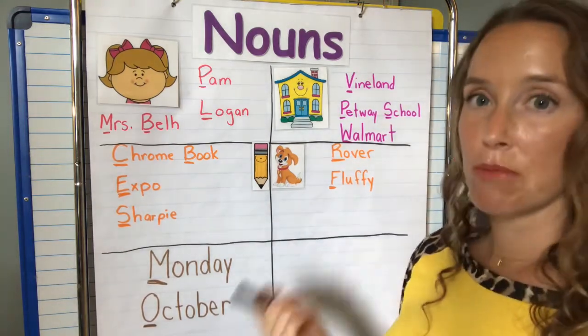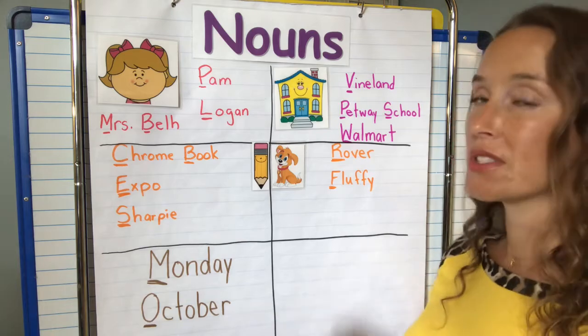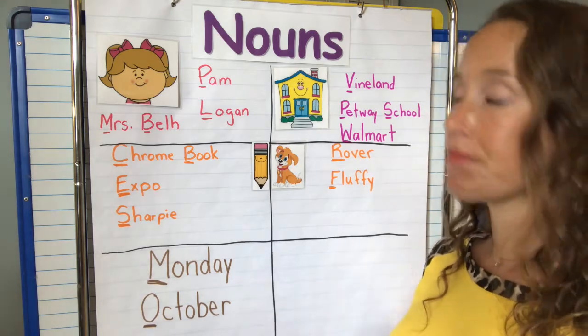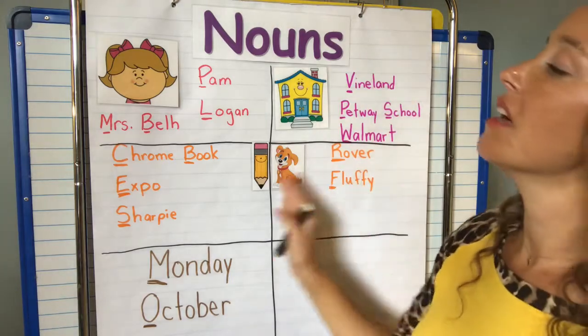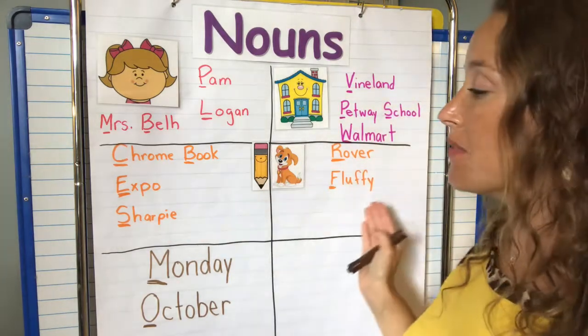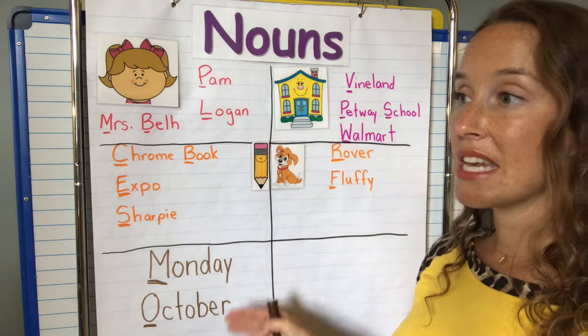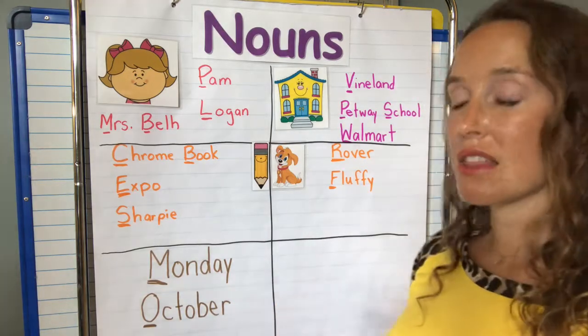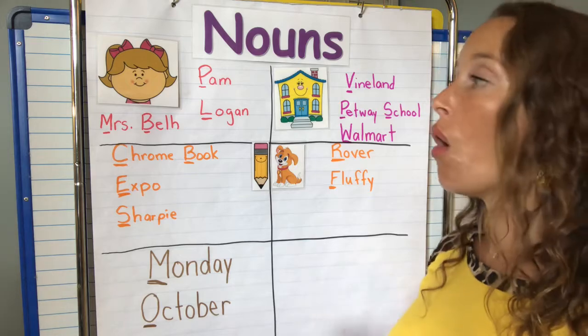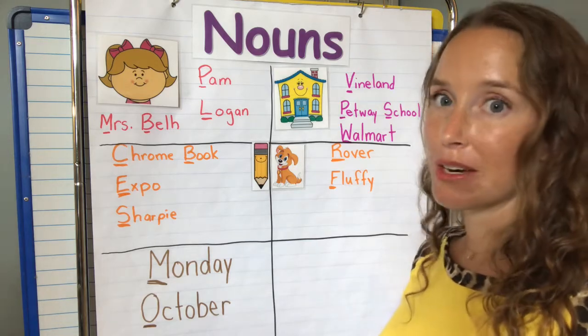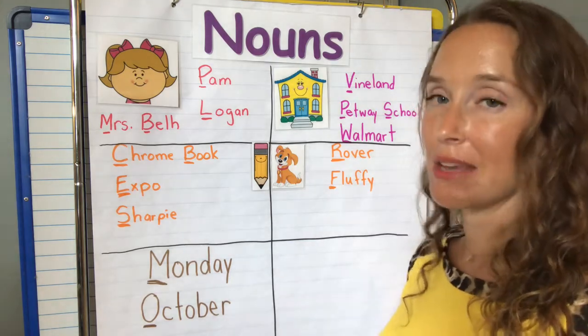So just one more time as a review, proper nouns are nouns that name. Okay, they tell the name of a person, the name of a place, the name of a thing, or the name of an animal. Okay, and they also can tell us the name of the day of the week, the month. Okay, they are proper nouns that name, and they always get a capital letter because whenever you have a name, it gets a capital letter.